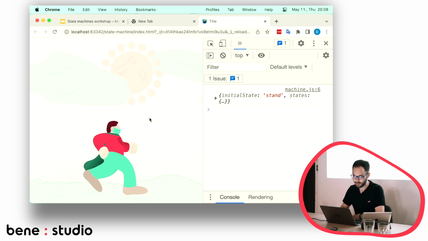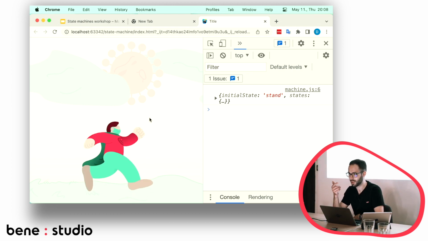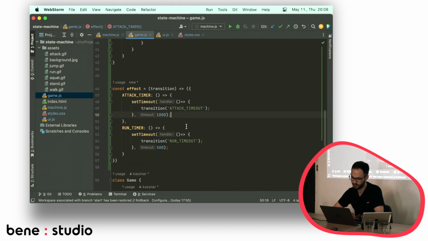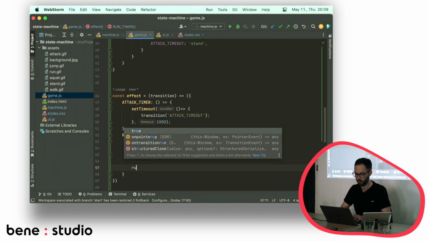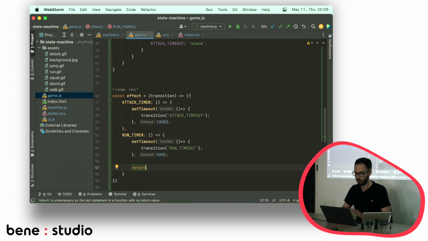The problem comes when we press this a lot of times, and we start a new timer every time, and we don't cancel them, because here we have another way to move out of the state other than the timer. So we can implement a cleanup for these timers. So let's say this effect function will return a cleanup function,